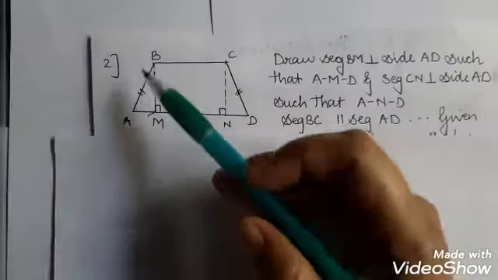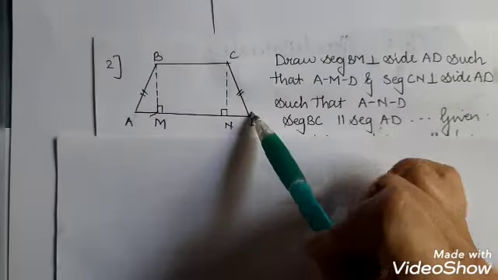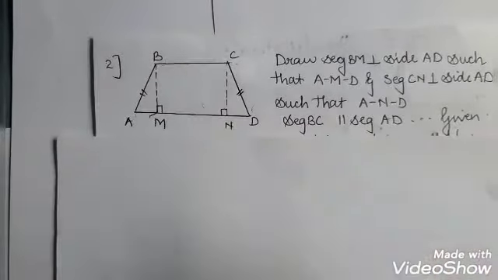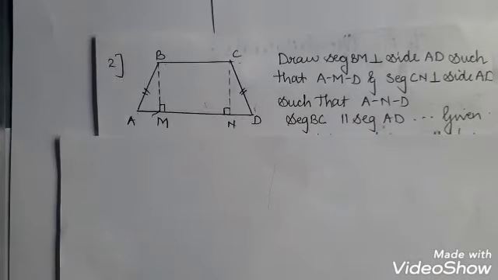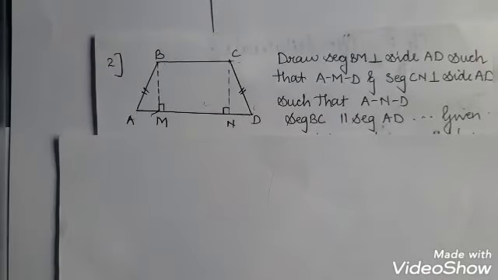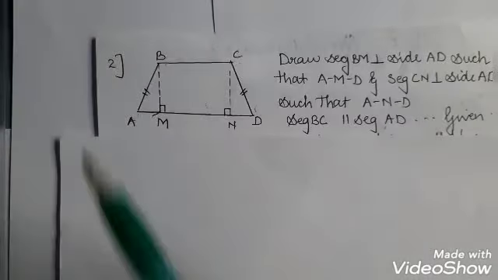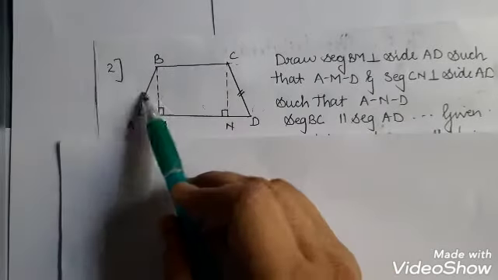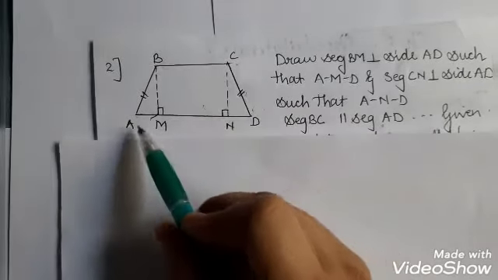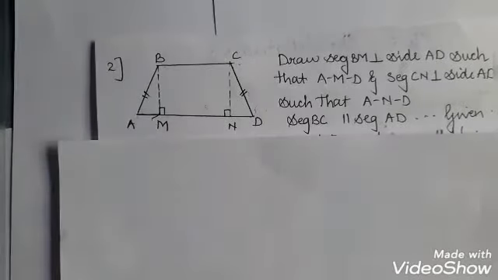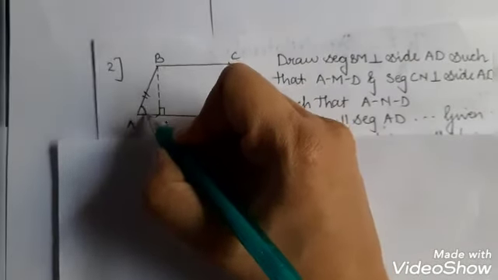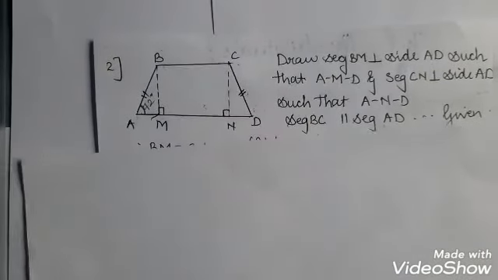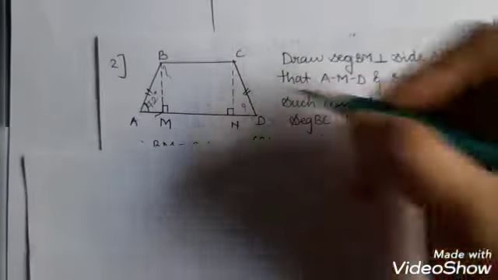So first we draw a trapezium ABCD where BC is parallel to AD. Okay, only one parallel side is given to us. So I have taken that parallel side. So it forms a trapezium. Then AB is congruent to CD. So you can see the congruent sign is shown for AB and CD. Then measure of angle A is given to us. Okay, so this measure of angle A is given to us as 72 degrees. We have to find the measure of angle B and angle D.